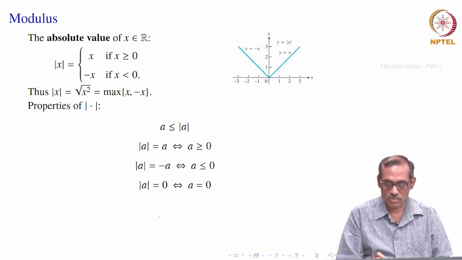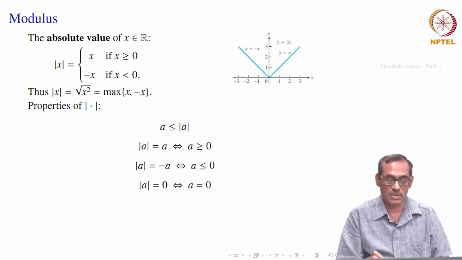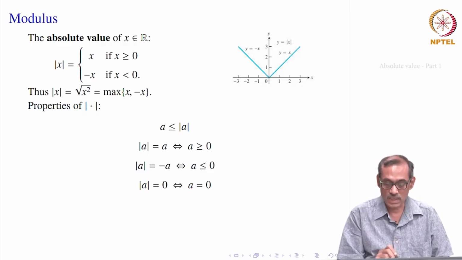Next, by using these two, you see that whenever A is equal to 0, its mod is equal to 0; from the definition it follows. But on the other side, suppose mod A is equal to 0. We have to show that A has to be equal to 0, A cannot be anything else. Let us see. If mod A equal to 0 is given, now this mod A can be either A or minus A, and in either case it is 0. So that means A is 0 or minus A is 0, in any case A must be equal to 0.